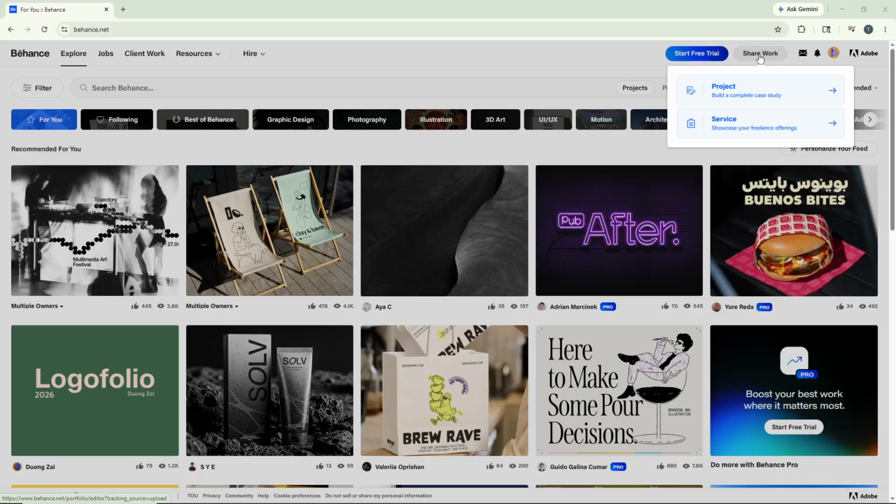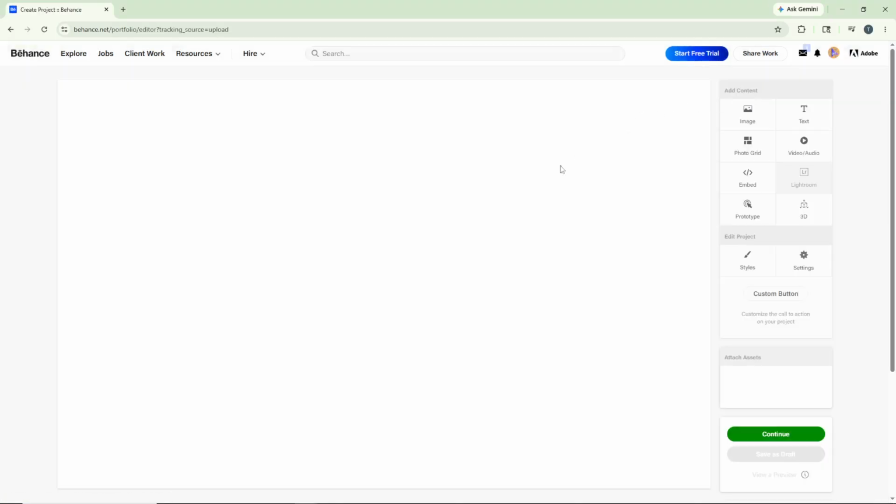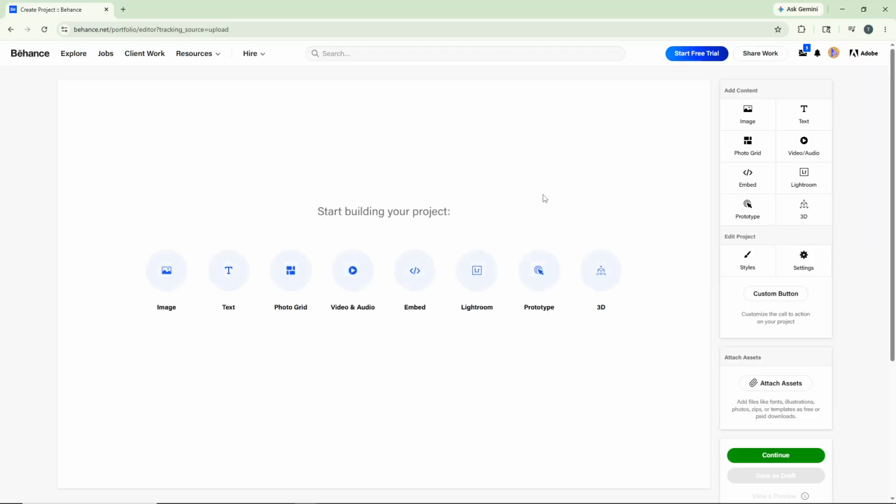After clicking Share Work, you'll be presented with a few options for what type of content you want to share. For uploading your creative work, you'll want to click on Project. This is the standard option for showcasing your design work, case studies, or any creative projects you want to add